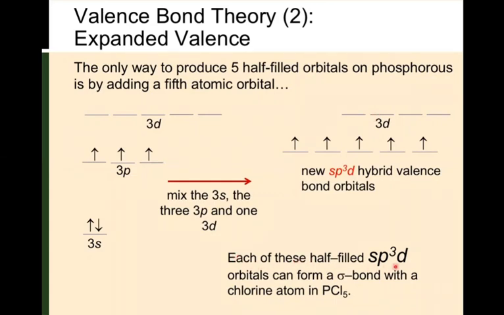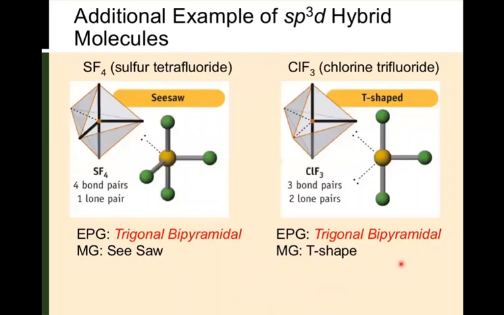Each of these half-filled sp3d orbitals can form a bond with a chlorine atom in PCl5. And so that's 1, 2, 3, 4, 5. So 5 half-filled orbitals give us 5 potential bonds. So here are some of the molecular structures that we'd seen before for 5 electron domain geometries, according